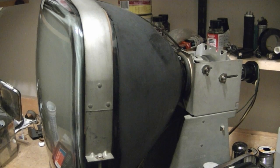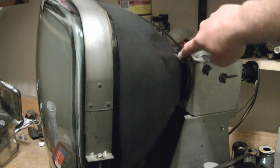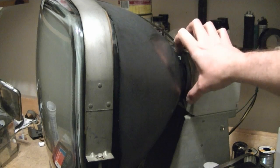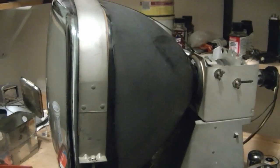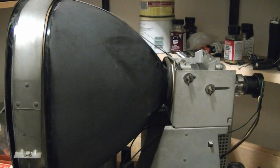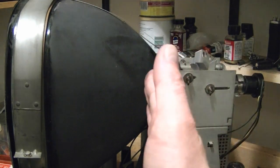Okay, when I left off in the last installment, one of the things I wanted to do was see if I could get this CRT seated any better. In particular, there's a gap up here where this rubber support's supposed to fit in tight around the neck of the CRT. So what I think I can do is raise up the neck of it and then push the whole CRT